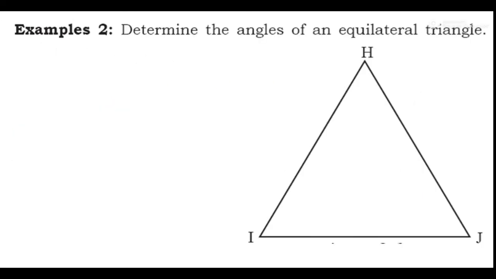It is very easy to find the question. Example 2: determine the angle of an equilateral triangle. As you know, in an equilateral triangle, all the sides and all the angles are equal. So you have to write, in an equilateral triangle,